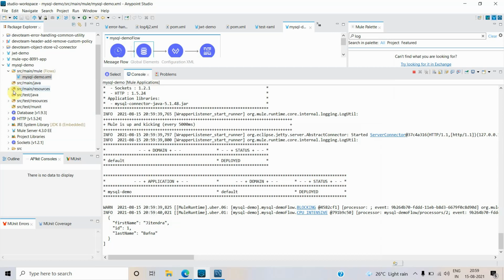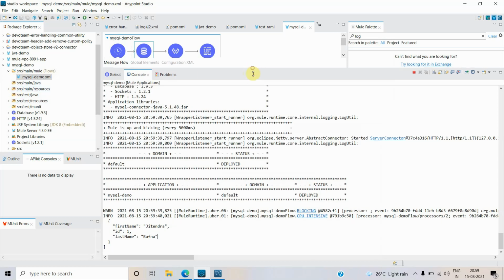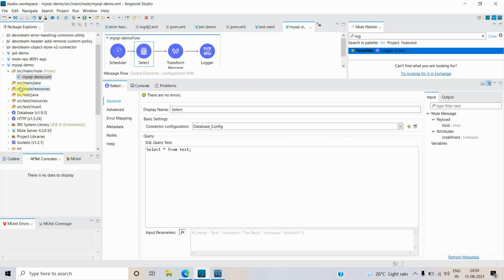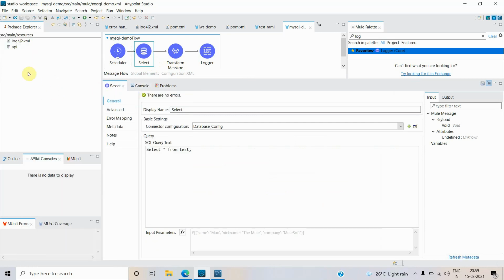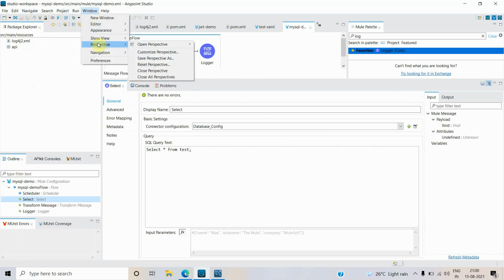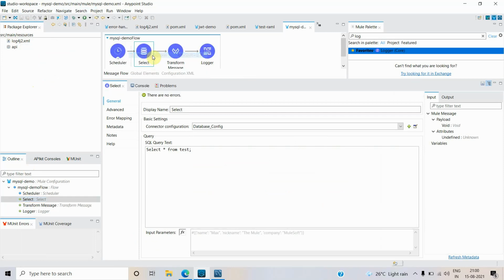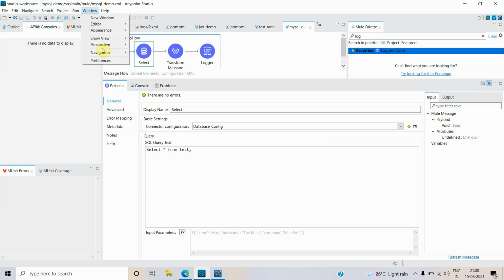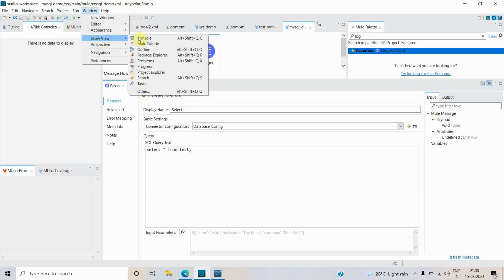Now the next thing, I want to externalize this. I don't want to hard code this query in my select statement. So I can create a new properties file. Just a minute, I'm sorry, I don't know what happened. Let me do Window, Perspective, Show View, Package Explorer.